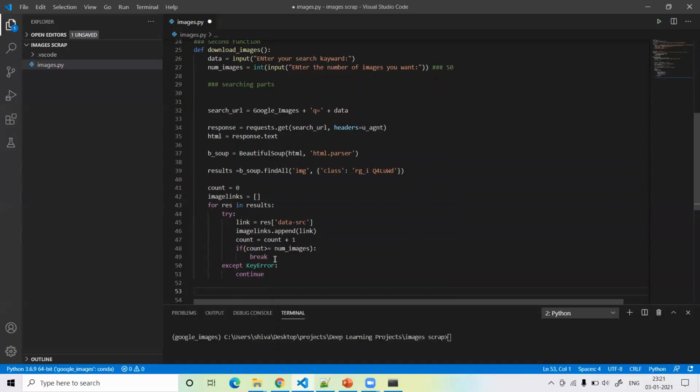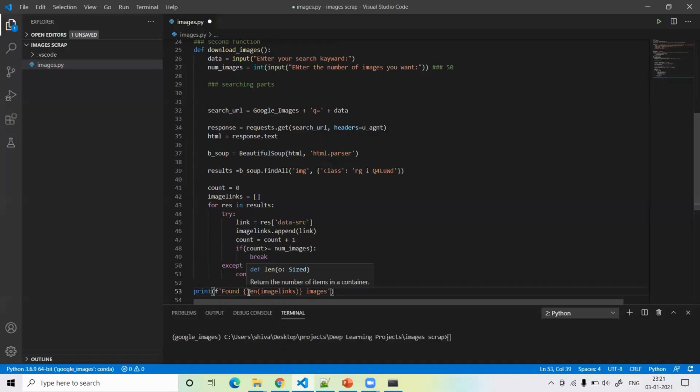So next, let's write some print functions. Print found, the length of image links, and then images.